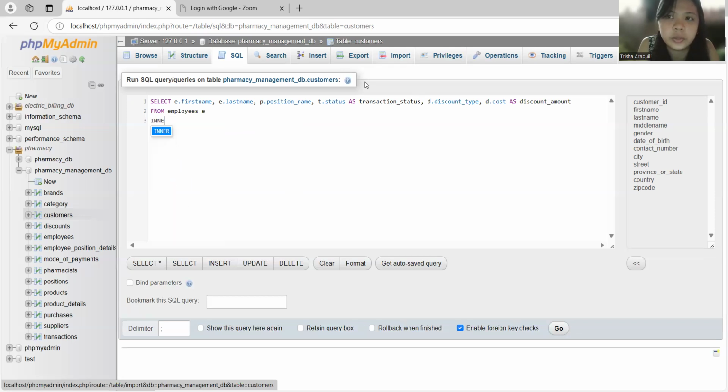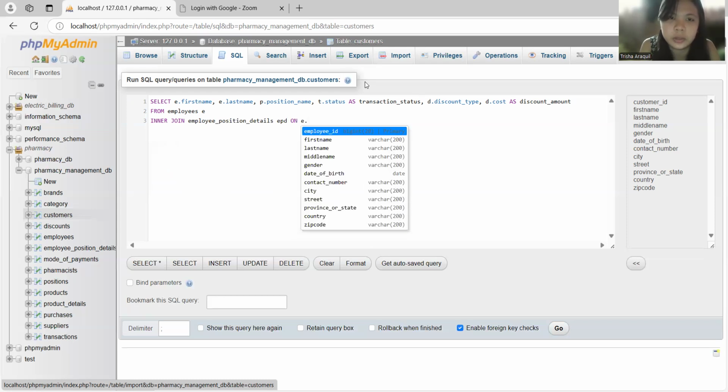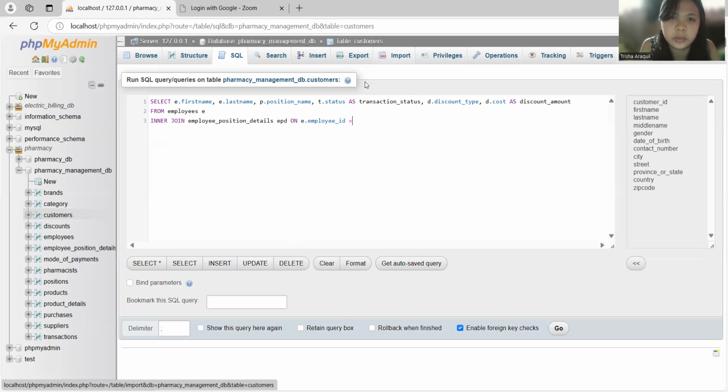Then we have to inner join employee position details EPD on the E dot employee ID equals EPD dot employee ID.